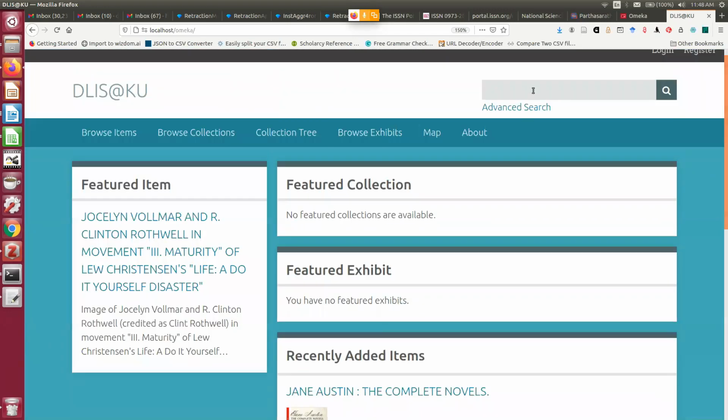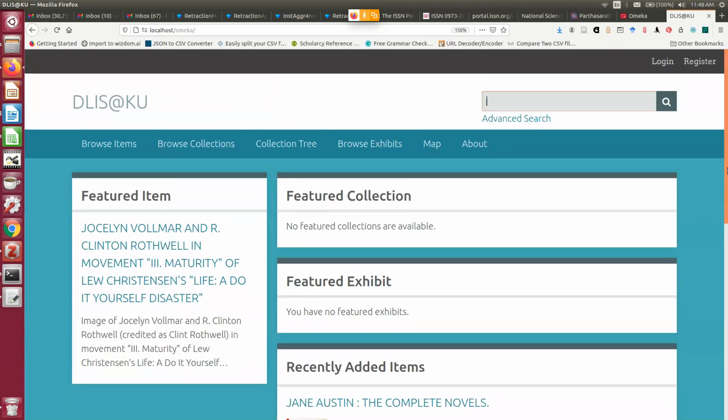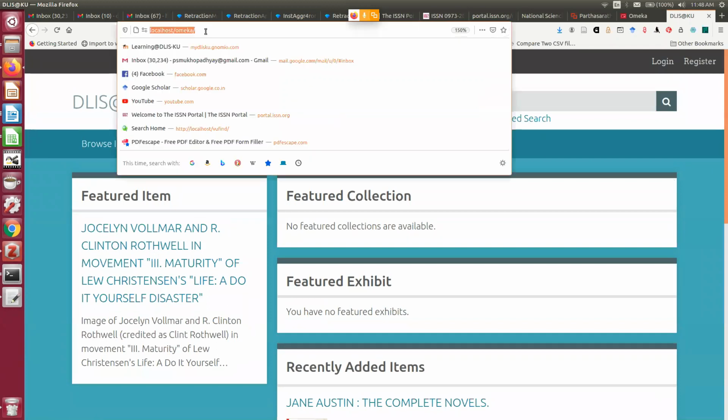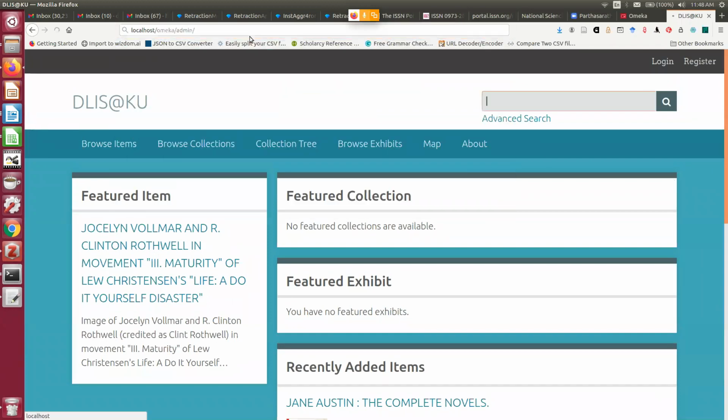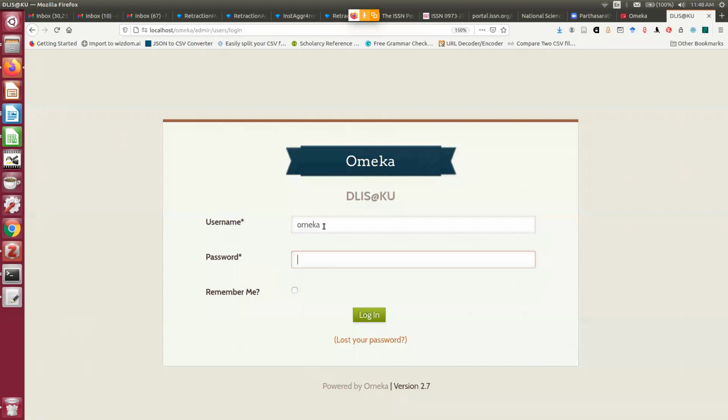Typically, you can go for searching, advanced search. This is the user front end. Users can search from here. And if you want to enter as admin, then you can give Omeka admin here. The moment you enter admin, it will ask for your login and password. I always forget, but let me remember.